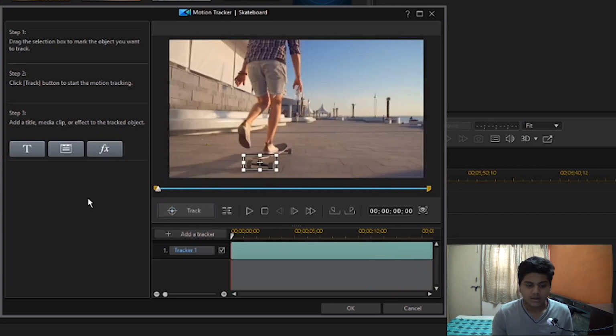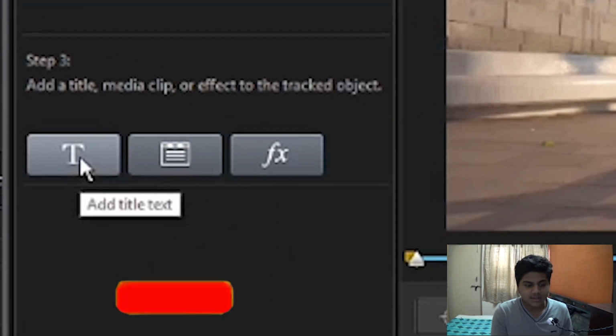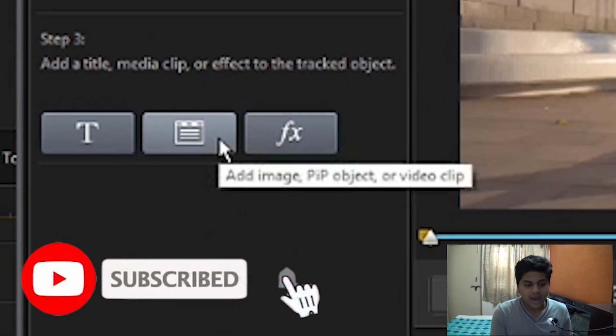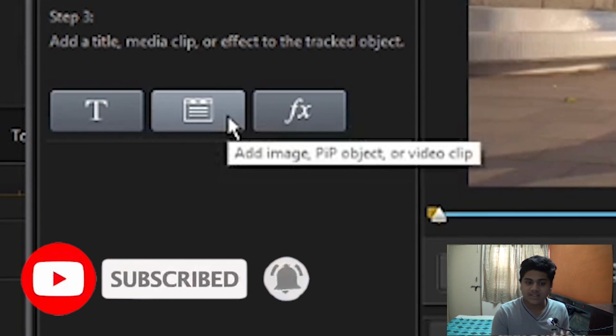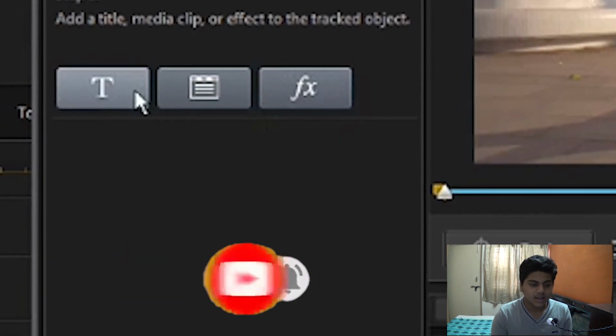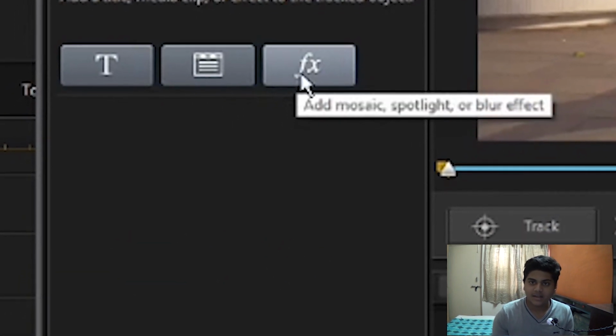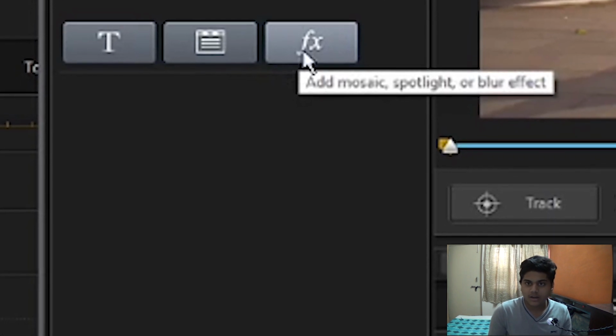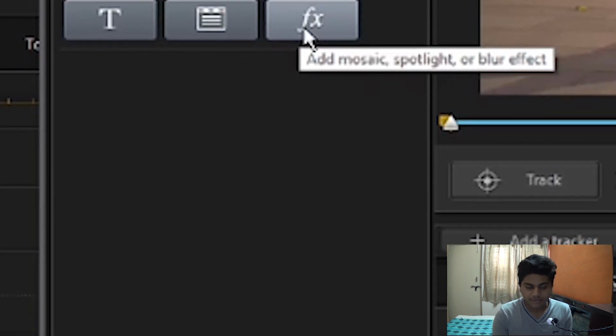Now once it is tracked, you can add your titles or pictures or blur effects, anything in that box. If you want to add text, you just click this T. If you want to add any image or video or picture, you can click this. Or if you want to add any effects like blur or Gaussian, you need to click this Effects.